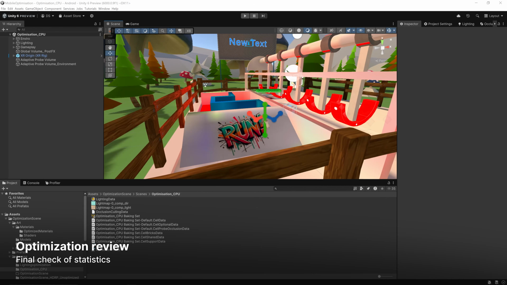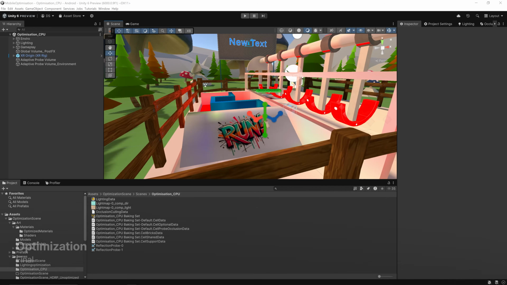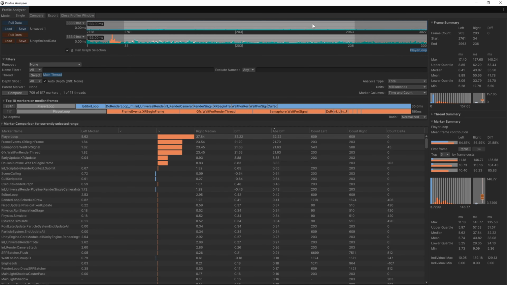This concludes the optimizations for this particular project. Let's take one last look at the profile analyzer to see how we finished up. We'll take our current data from the optimized version and also our unoptimized data on the bottom and compare a range of 203 frames. We can see that our frame time on average was 8.89 milliseconds